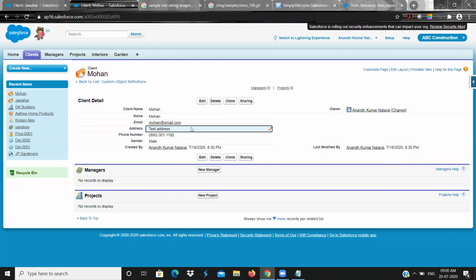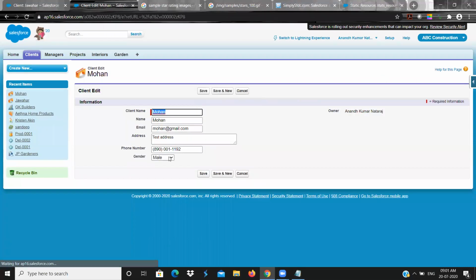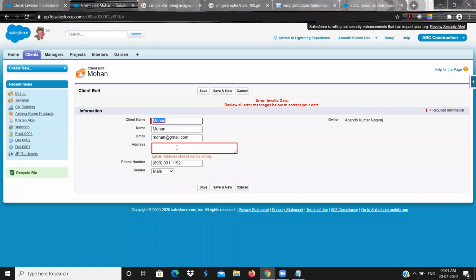In edit mode, I'm again removing the data and clicking on save. In that case, it is trying to put the data into the database. Before entering the data into the database, you should check whether the data that I have given is valid or not. That is the validation rule.